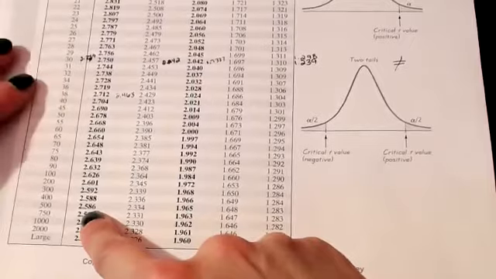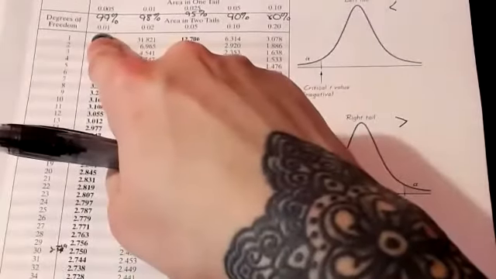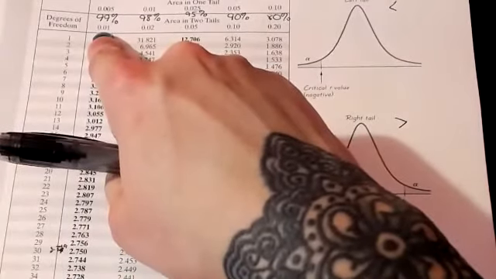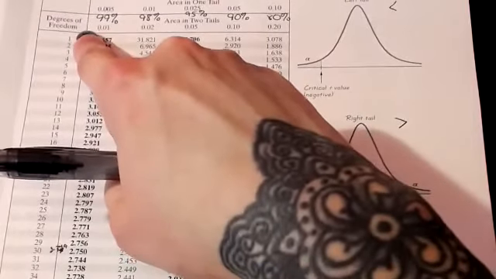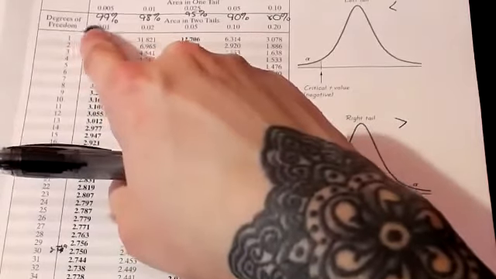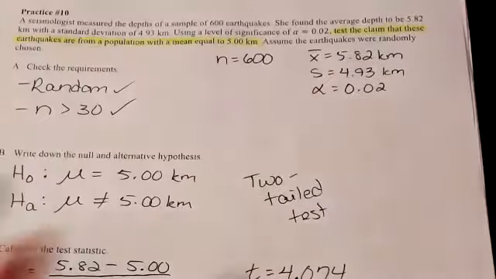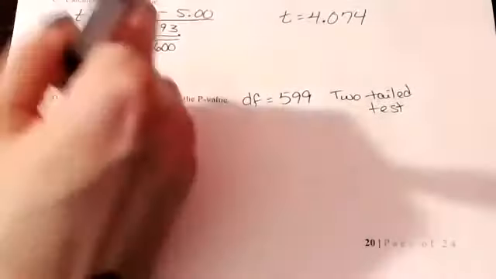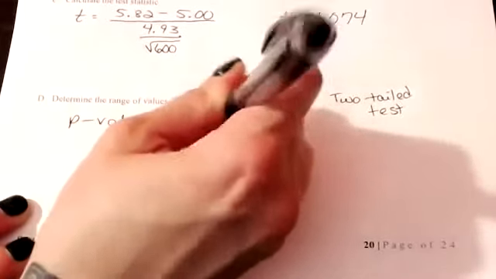This is a two-tailed test, so we want to go all the way to the top of the chart and look at the area in the two tails, 0.01, and we see that our p-value, our probability, is going to be smaller than 0.01. So our p-value is going to be to the left of 0.01, which is smaller. So let's write out that our p-value is less than